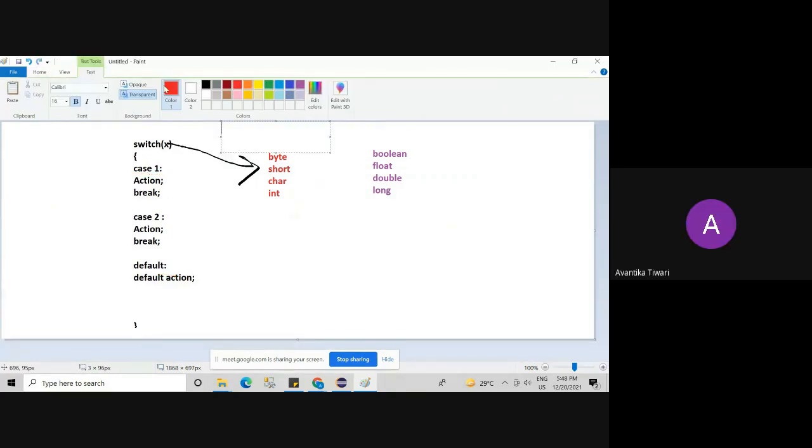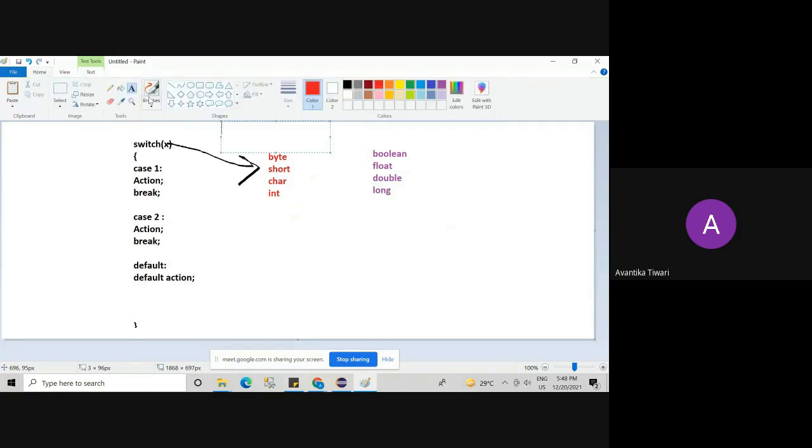See, what I'm trying to ask you is, first listen to the question. I have the switch body and I am not writing this case 1. I am not writing case 2 also, and directly I'm writing default. Is it valid? Yes, ma'am.